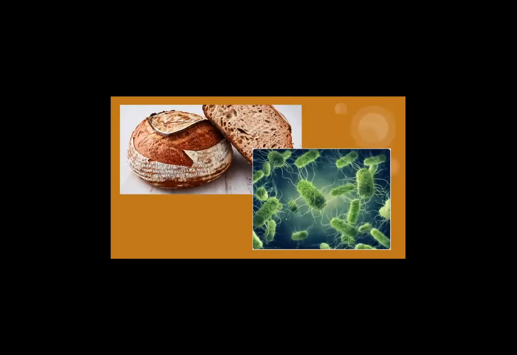Moving on to sourdough bread. Sourdough bread is a perfect example of a food product that uses a wild fermentation method, which means that the fermentation relies on the microorganisms present in the ingredients used. Lactic acid bacteria and yeast are found in the starter, and each starter contains variations of these, which is what gives sourdough its unique flavor. This biological process explains why sourdough bread has that sour flavor that you love. And the next time you consume sourdough bread, you will know why exactly it has that taste.